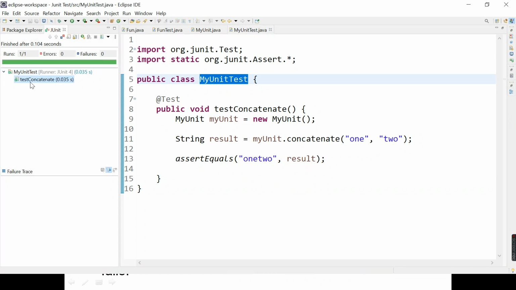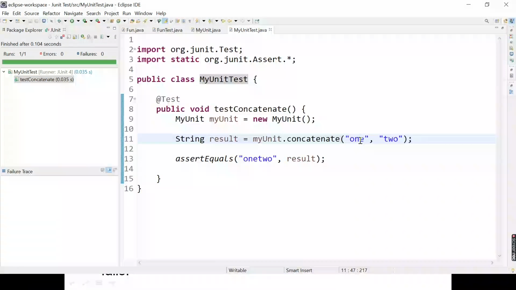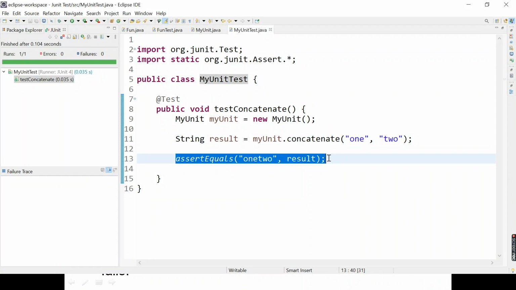If you see, this executes as true. So what it has done is it has checked the actual result against the behavior or state that the tester has included using assert equals. This assert equals is the assertion from the tester to check the behavior or state of the program, and this testing is called unit testing, right?